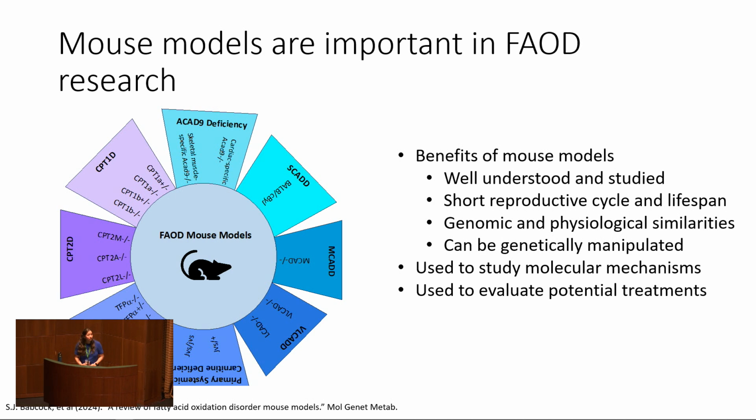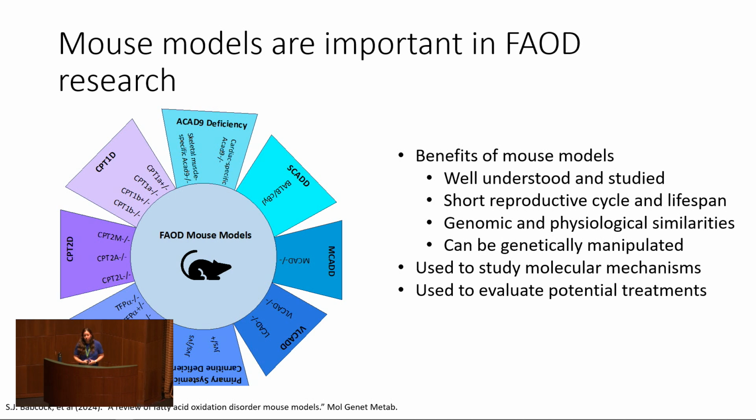Another one is that they have a short reproductive cycle and lifespan. So this allows you to conduct research at a little bit faster pace. They're also easier to maintain than other animal models, so it makes the research a little bit cheaper as well. They also have genomic and physiological similarities to humans, and this is really important when studying metabolic disorders